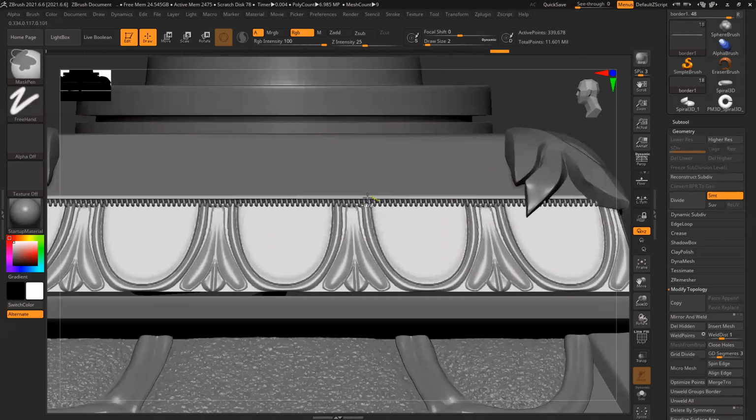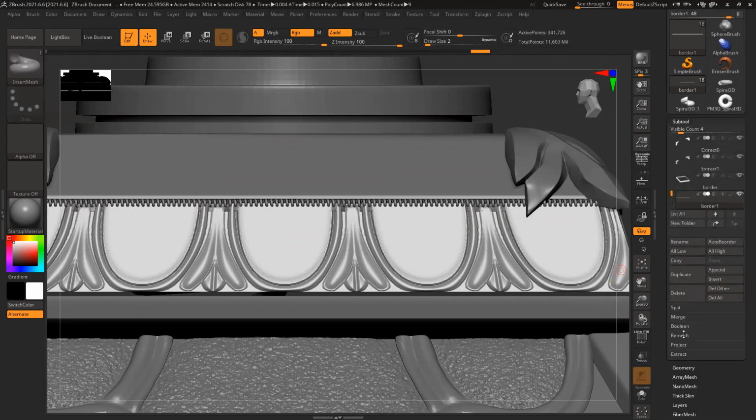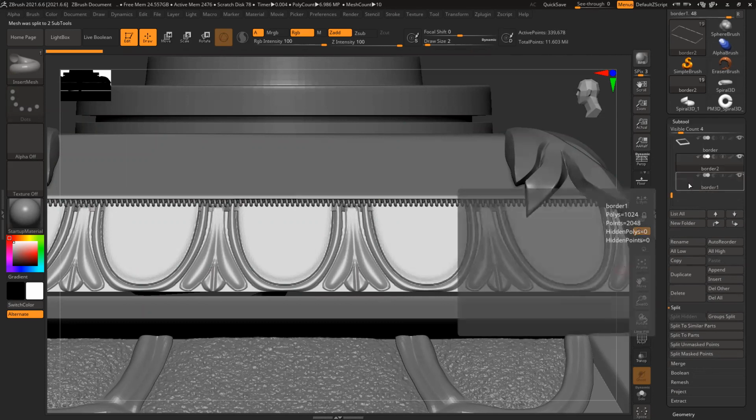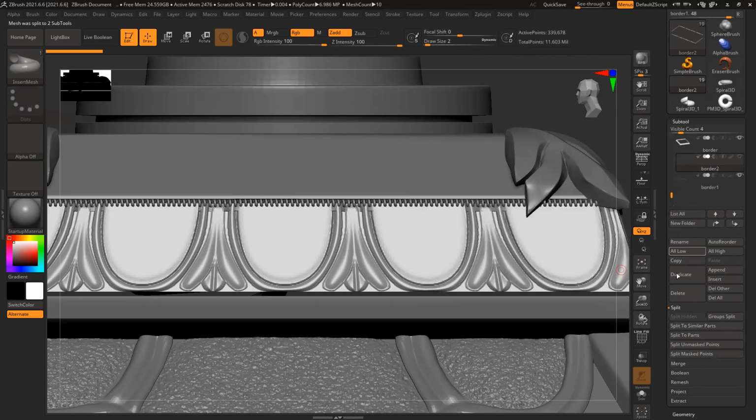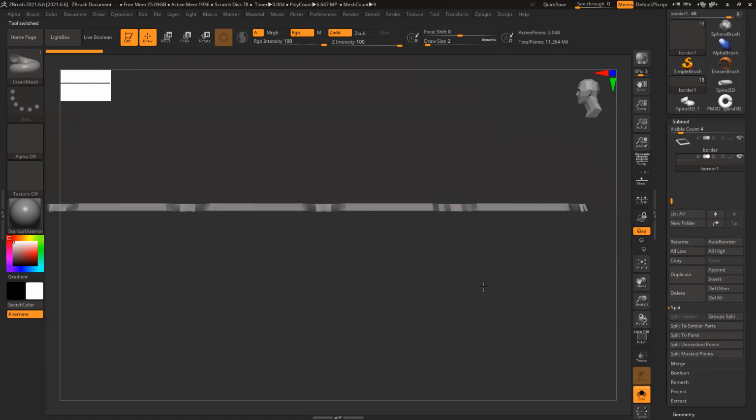You can create this shape like this, but I feel the shape is not that accurate. It should be slightly more dense and slightly bigger than this. So what I'll do is I'll just undo and delete hidden, and I can separate, group split. This ring I can delete. I don't want it. I just need this surface to create the shape.